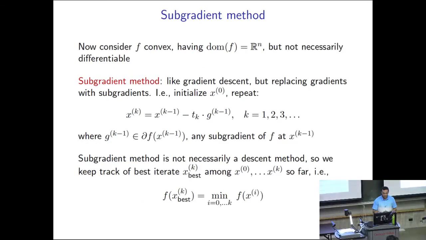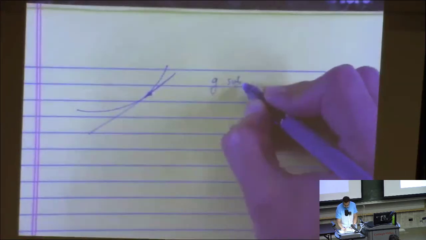So the subgradient method is, like I said, a similar setup, except we're not assuming that our function is differentiable. It's just convex. And it's like gradient descent, but replacing a gradient in every step with a subgradient. So we learned what subgradients were last time. In a word, they were something that gave us this property that we know is true of the gradient, that at any point we can construct a line that passes through the function value at that point that under approximates the function everywhere. So we know that g is a subgradient, just to remind you,